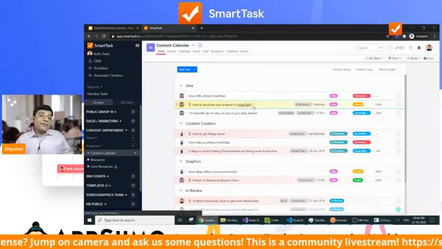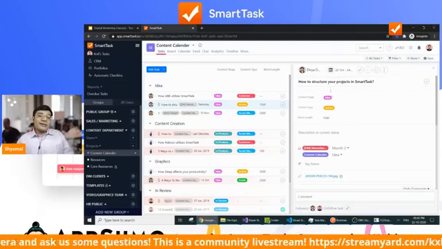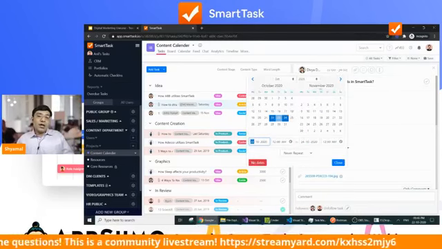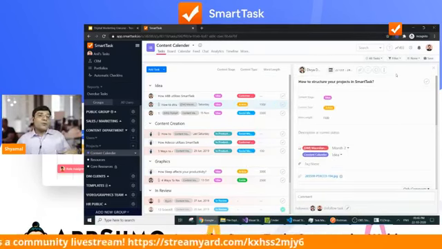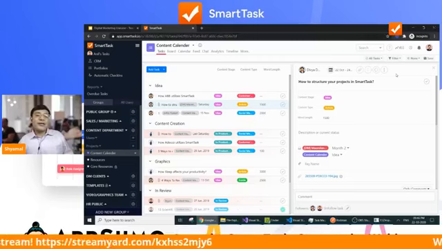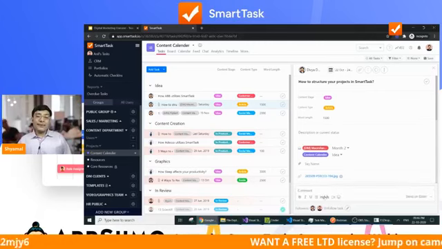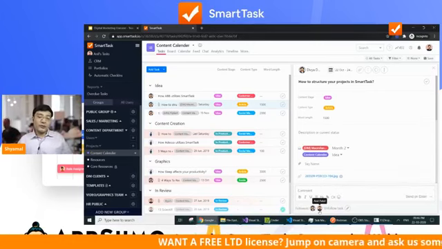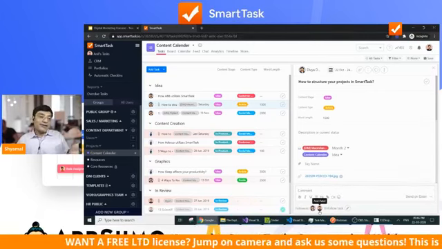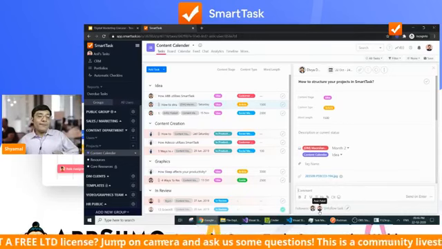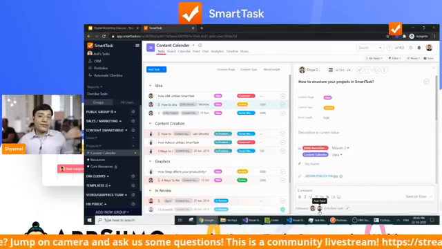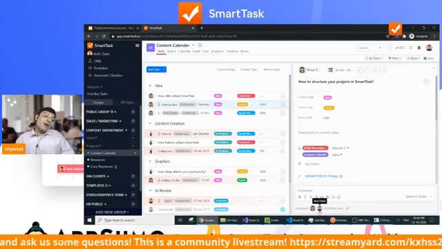Now, let's say there are some changes in a particular task. Let's say this task cannot be done by 24th of October. So what the content team will do is notify the project team by just commenting here. As soon as they comment, all of the followers are notified, and in this case the follower would be the project manager or the account manager. So they are notified. Each and every team is in sync in a way.